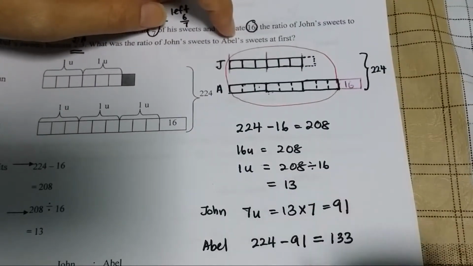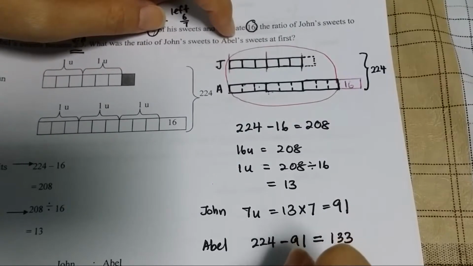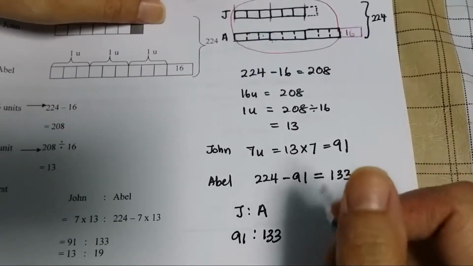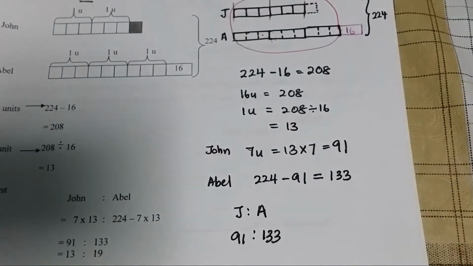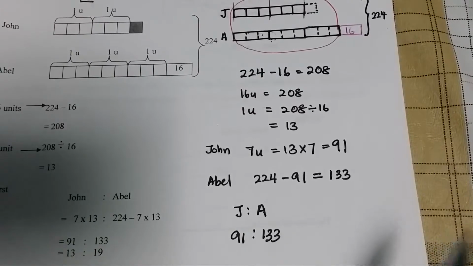Okay, so John being 91, Abel being 133. Alright, so once done, you may question how to do it. How to reduce this to simplest form. Don't use those messy methods like dividing by something, trying to find it. If you can use a calculator,